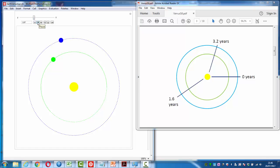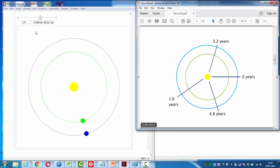Again, letting them evolve, Venus running ahead, opposite sides, Venus starting to catch up once more with the Earth, and we can see here after about 1,750 days they are for a third time on the same side of the Sun. That's over here after 4.8 years, and then once more, let's go forward one further synodic period, Venus catching up